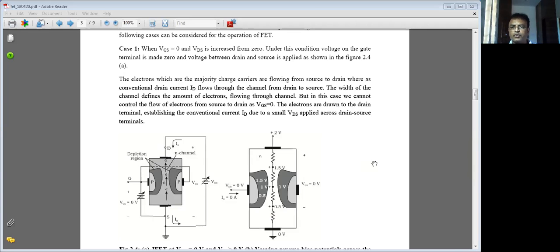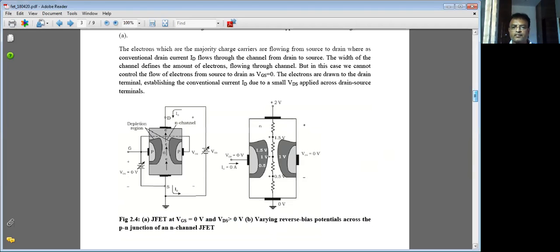And this diagram shows the reverse bias potential across the PN junction of an N-channel JFET. These two regions are P, this is N. This N is connected to the negative terminal of the battery, and this P is connected to the positive terminal. This is the N region, the channel, but it is connected to the positive terminal of the battery. So it is reverse biased. When this region is reverse biased, this is a PN junction, the